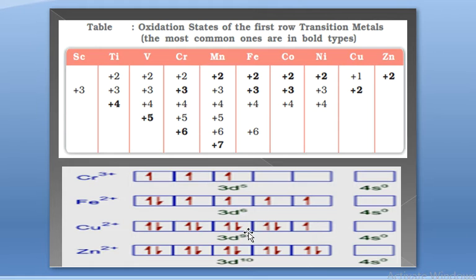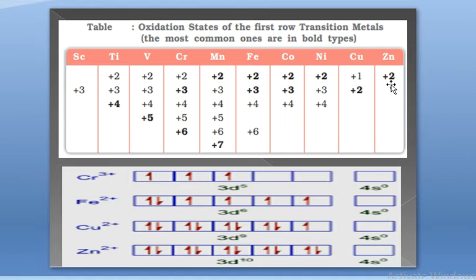I've used this slide again just to give you an idea of the electronic arrangement. We're talking about the 3d series. These are our 3d electrons, and this is 4s. First they lose 4s. Indeed, when electrons are distributed, the last valence electron enters this n-1 d orbital. But I have told you repeatedly that when an atom has to change into a cation, it has to lose electrons, and irrespective of everything, the electron will first leave from the outermost shell. Only when both 4s electrons are gone does the turn of the d electrons come.